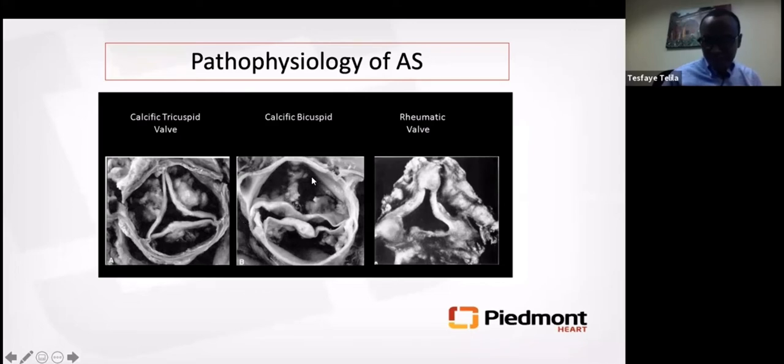If you see, this is a bicuspid valve. The bicuspid aortic valve pathologies are known for their chunky, very big and heavy calcification, and are associated with severe aortic stenosis. If you look at here, rheumatic aortic stenosis,